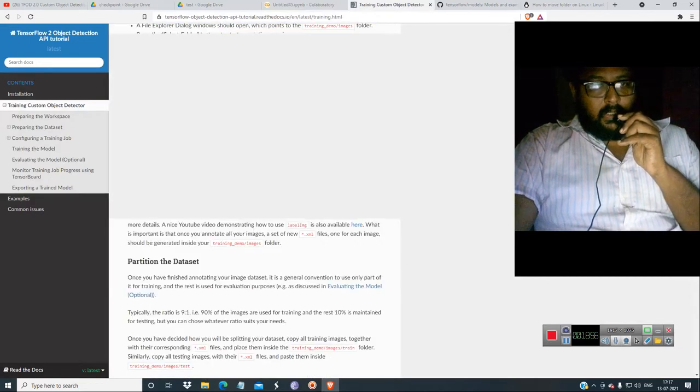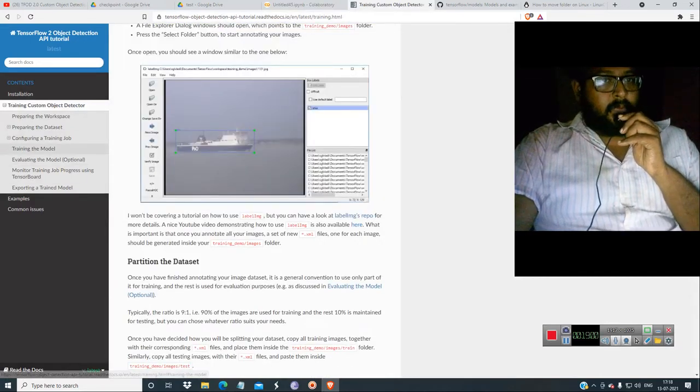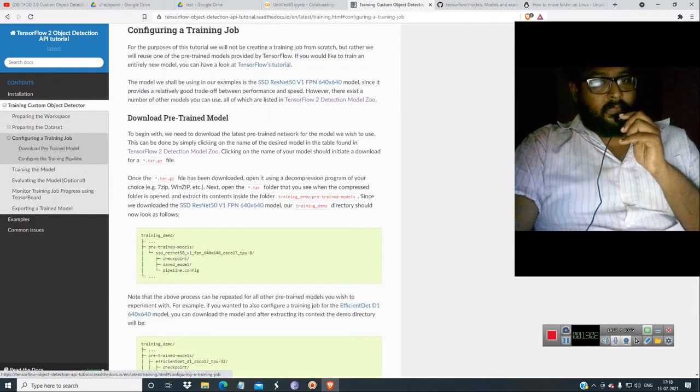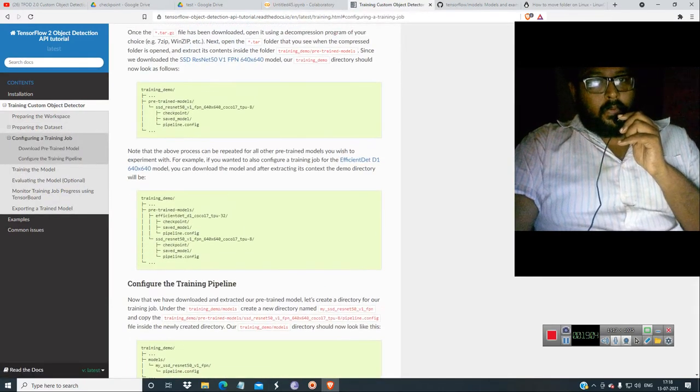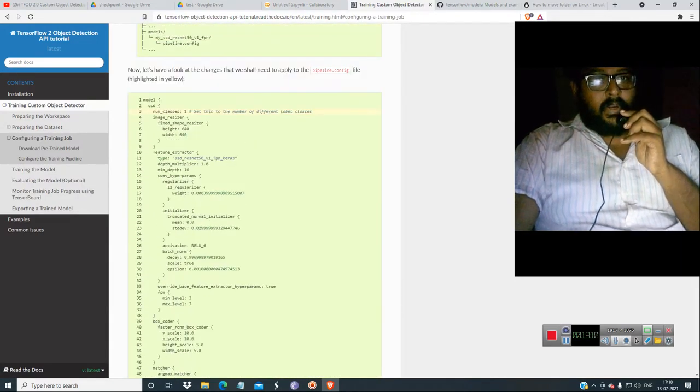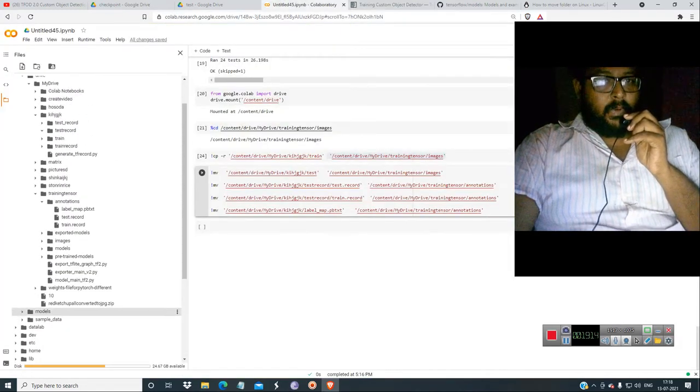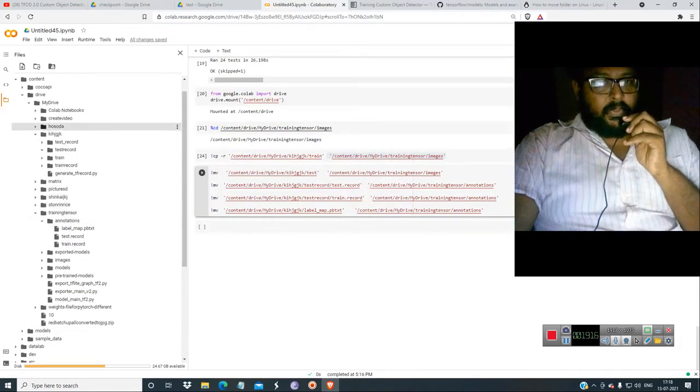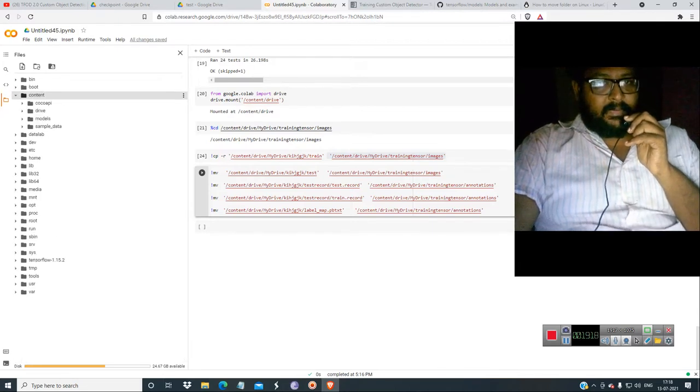Let me show you something. In configuring training for a job, with pre-trained models, you need to configure the pipeline and all those things. The first thing you have to do is put in the num_classes. Let me show you how to configure it correctly.